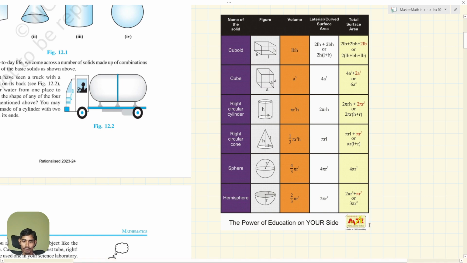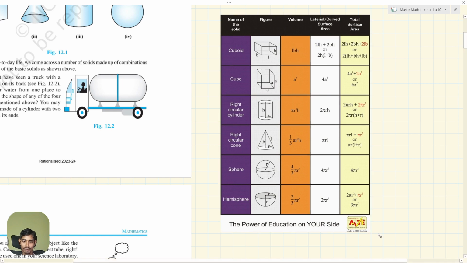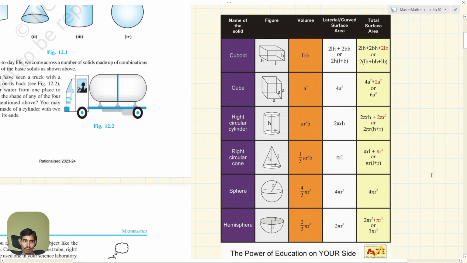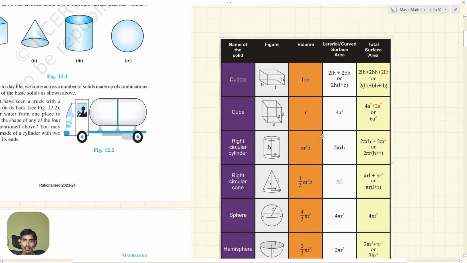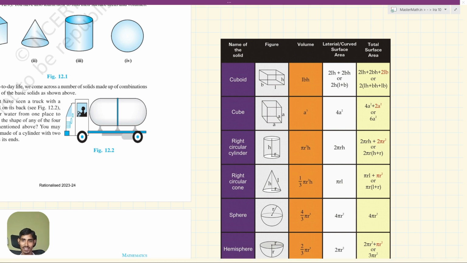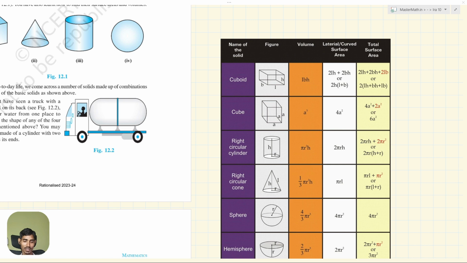Is that visible? No, sir, I can see the PDF. Sorry. I can only see the PDF, this one, right? Surface area and volume. This table is not visible. Okay, it's not yet loaded. Just a moment. Table now I can see. Wait, yes, Okay, I can see now. it's taking time. Okay, so